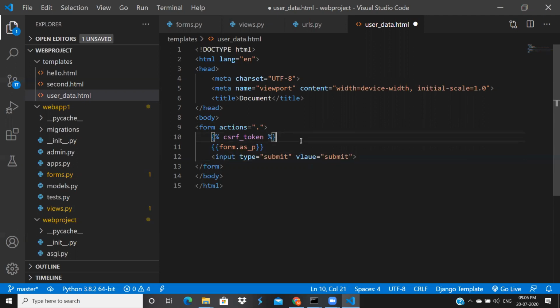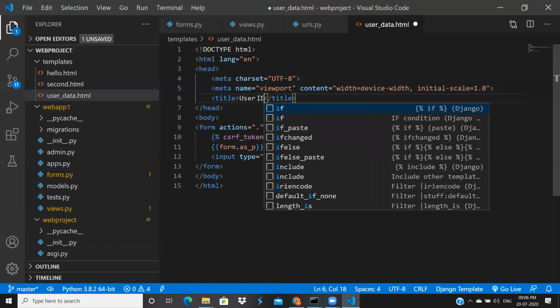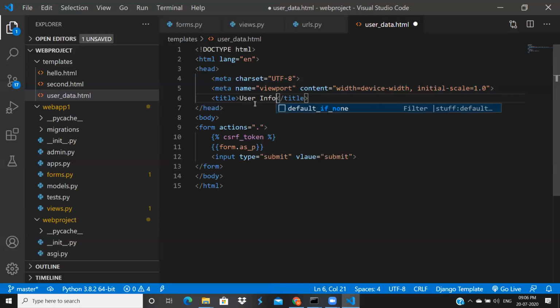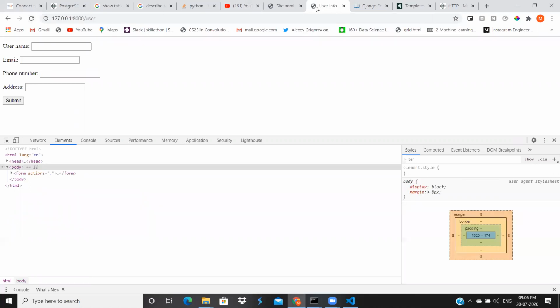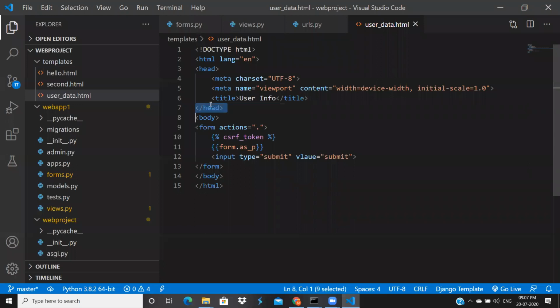My main intention is that if you want to build web applications, at least you should know the basics of HTML. Like this is the head tag, where you will store your metadata. Here you will name it as user info. You will see this name at the top of your page window. Previously it was document. Now I changed it to user info, and now it is showing as user info. This is called the title or document name. After that, the head tag is closed.